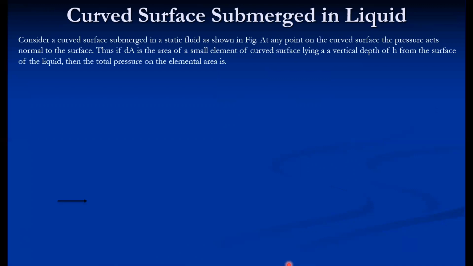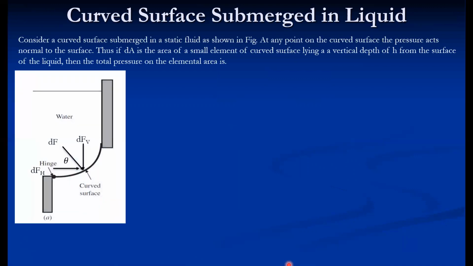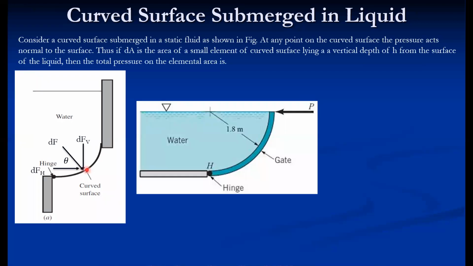Now the curved surface submerged in a liquid. Again, consider a curved surface submerged in a static fluid as shown in the figure. At any point on a curved surface, the pressure acts normal to the surface. So if we consider any point, the pressure acts normal to the surface. Thus, if dA is the area of a small element of a curved surface lying at a vertical depth h from the free liquid surface, then the total pressure acting on the element is,